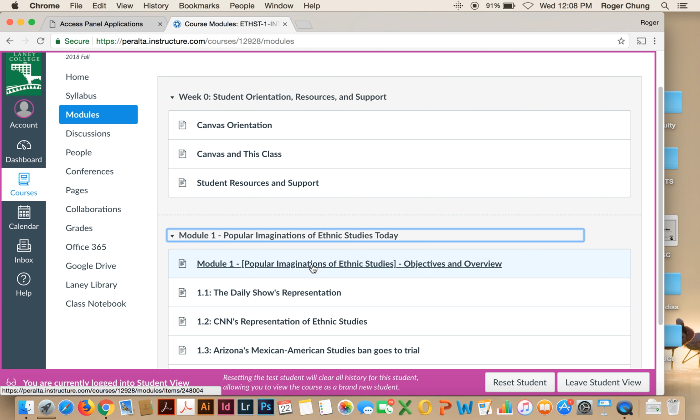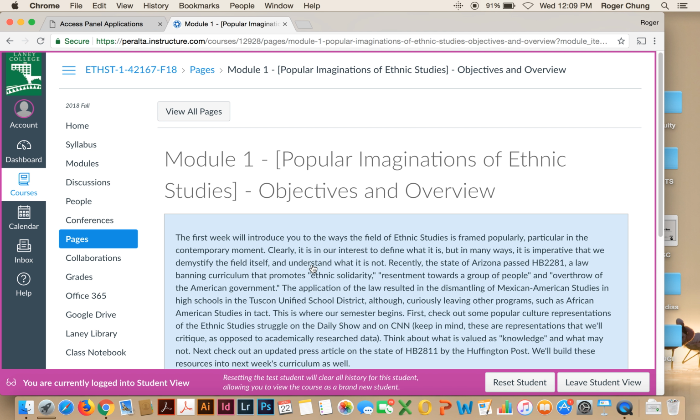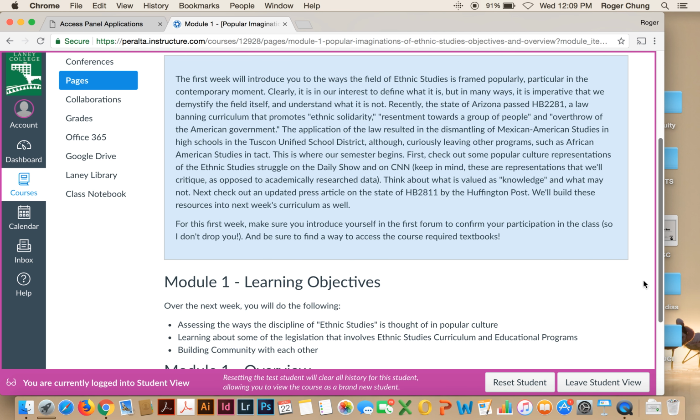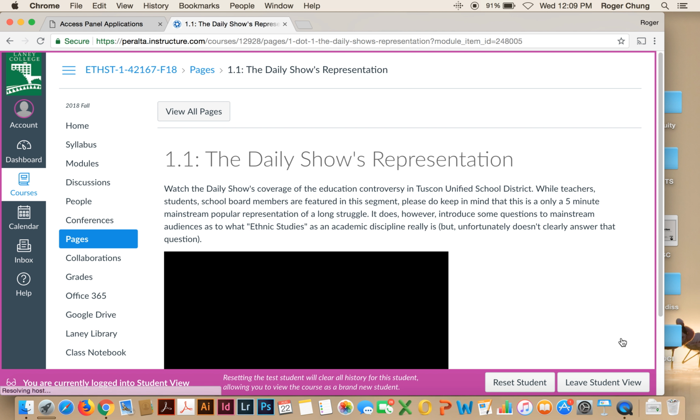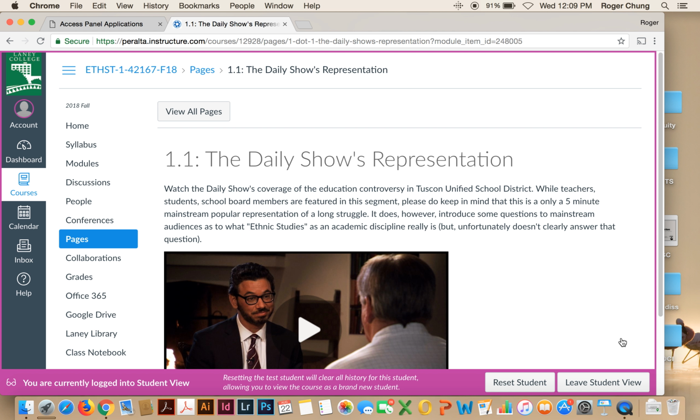And so if you click on Module 1 right here, Popular Imaginations of Ethnic Studies, in general, every week I'll have a page like this that'll allow you to get a little bit of an intro of the week, some of our goals, our objectives, our overview. And the way the modules are designed is kind of like a book. So you can think about this as a page. Once you finish going through this page right here, you can click on Next, and the second page will come up. This is the 1.1 module, and you can see here that it's a short video